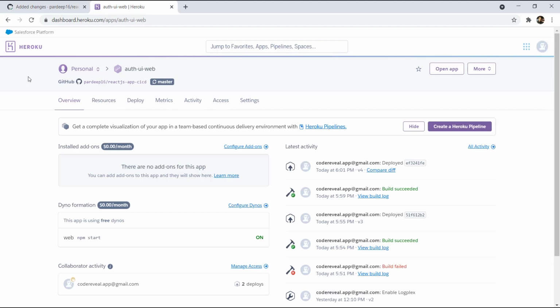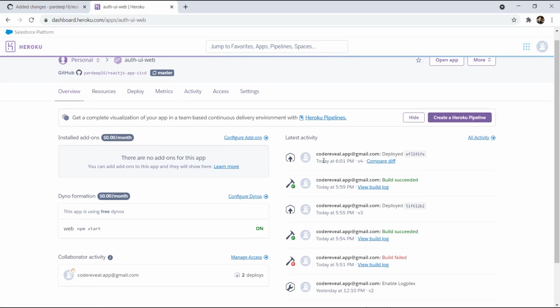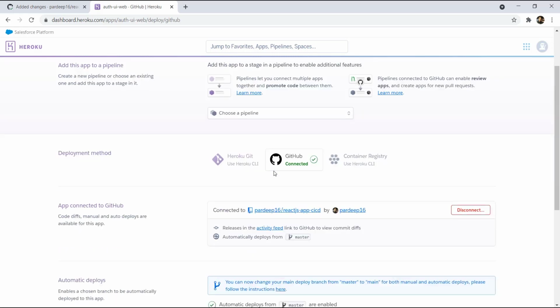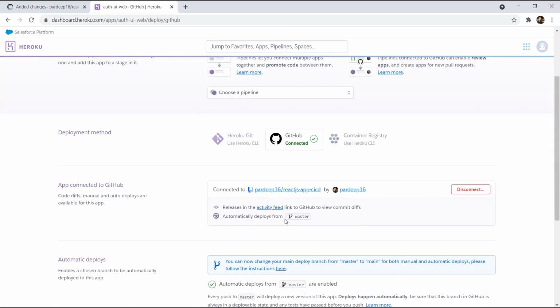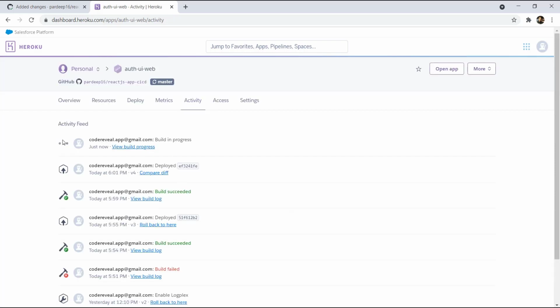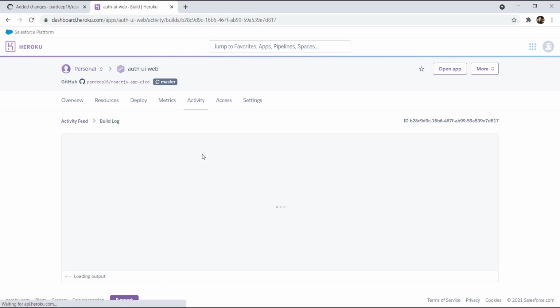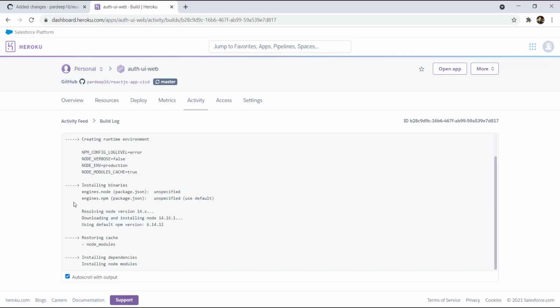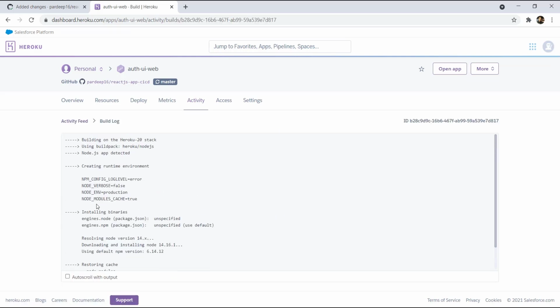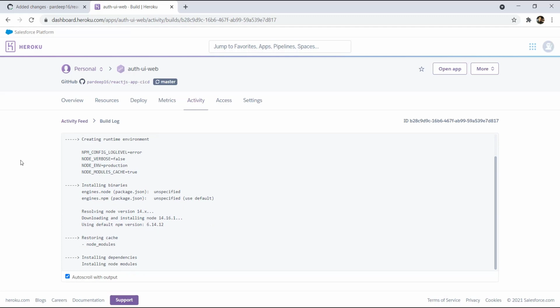Job has finished. If we go to Heroku, in the deploy tab, we'll see here the activity feed. So the build is running now. The build is in progress. So this is all about the continuous deployment.